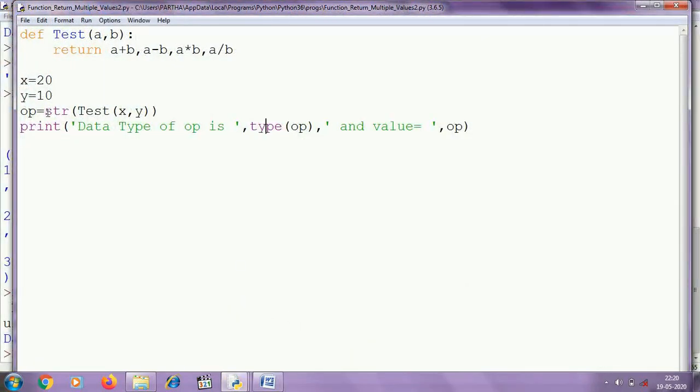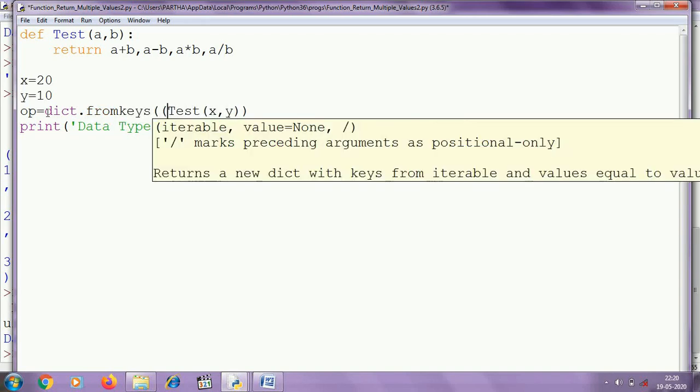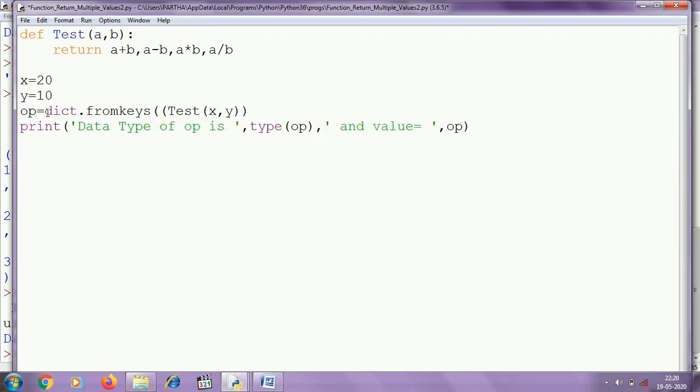We can convert these 4 values to a dictionary using dict.fromkeys. I think you remember dict.fromkeys. Using dict.fromkeys, we can convert the 4 values to 4 keys of a dictionary, and as we are not supplying any value, the values of the keys will be None.